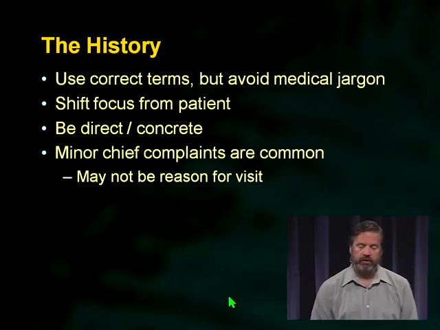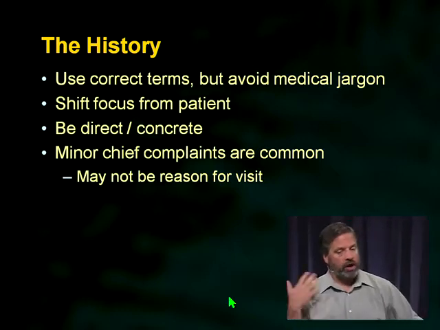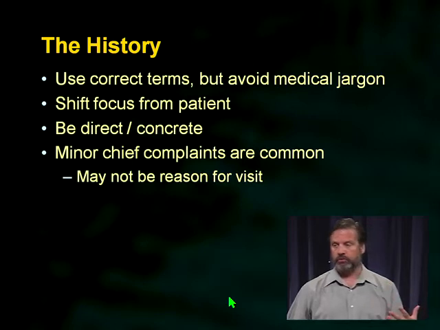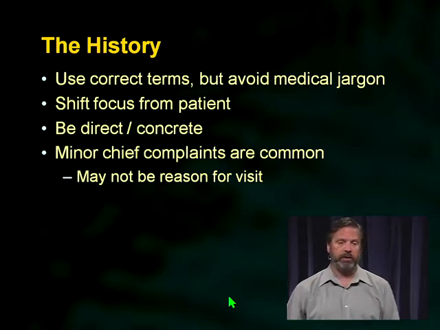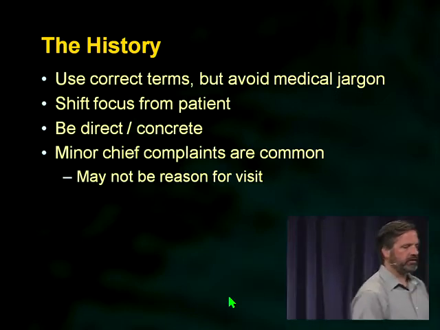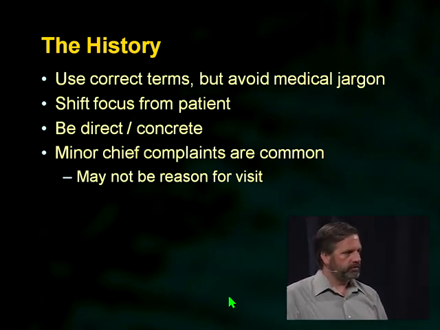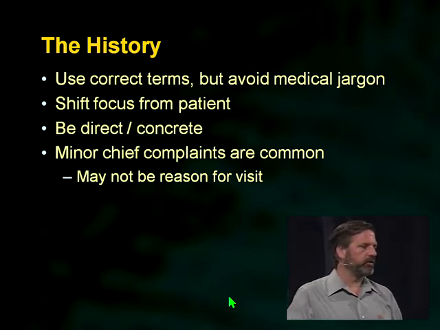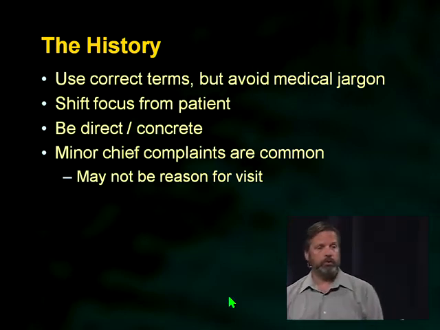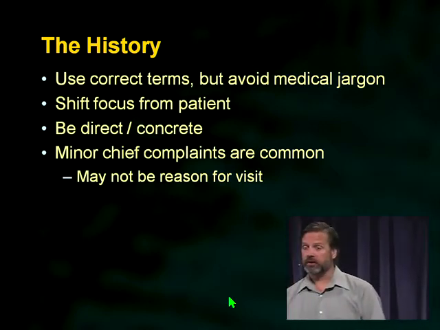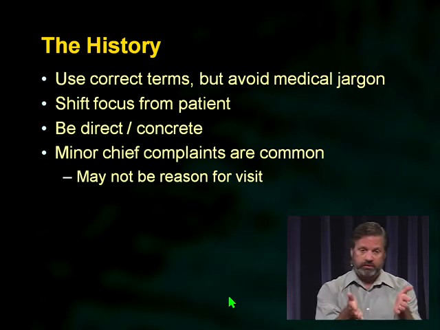As you collect the history from adolescents and you talk with your adolescent patients, it's very important for you to use correct terms, avoid medical jargon if possible, and shift the focus from the patient. So what does that mean? Well, it's a lot easier to get the information you need by talking about your patient's friends. It's a lot safer. Find out who they hang out with, find out what kind of activities they like to do. Ask them if they know people who are using drugs. Ask them if they know people who are having sex. That's a lot easier for them to interact with you on and talk about than if you directly ask them that question.